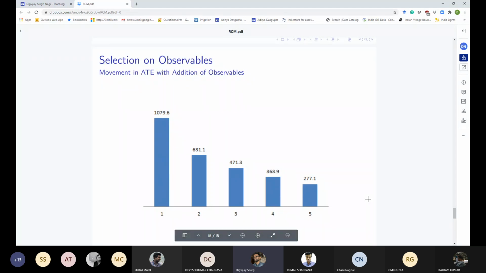And why could this be? Can anybody explain why this is happening? There might be a reason that these exogenous factors might also be involved in the difference, like the training program. That difference is capturing the effect of these exogenous variables as well. Right. So can somebody interpret this in the terminology that we used in the Rubin's causal model? Just try to connect some dots between this and that.